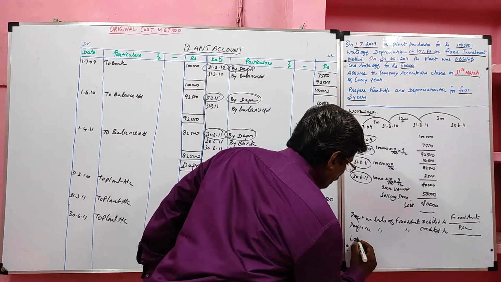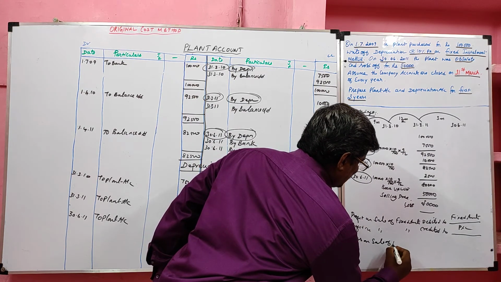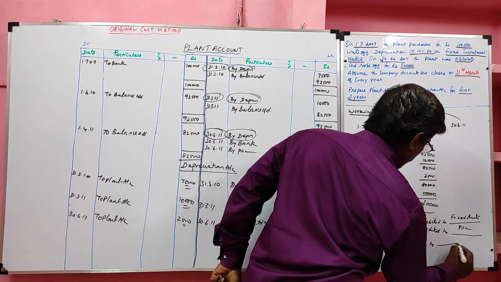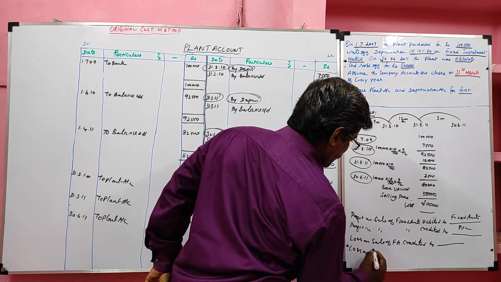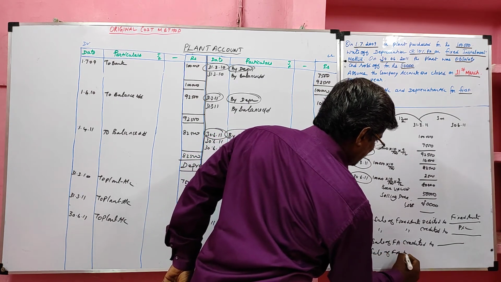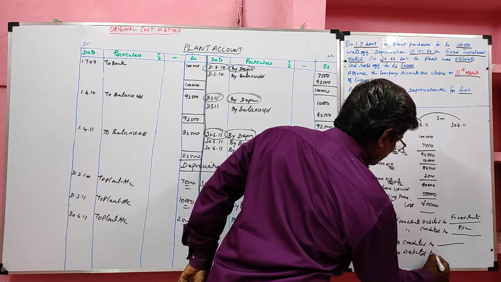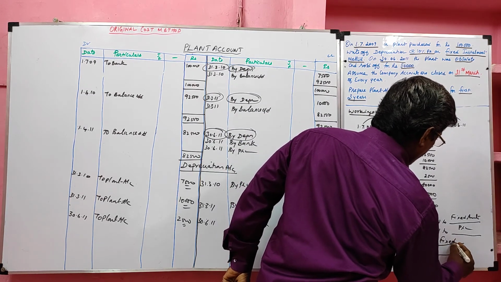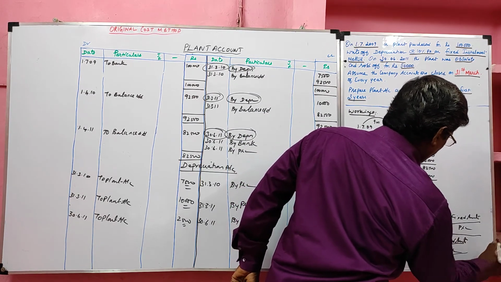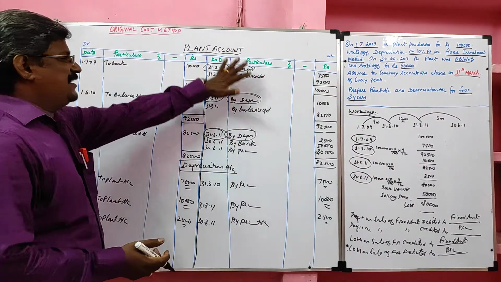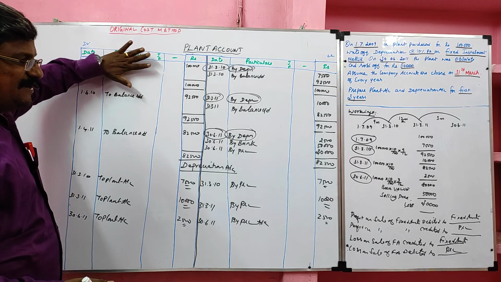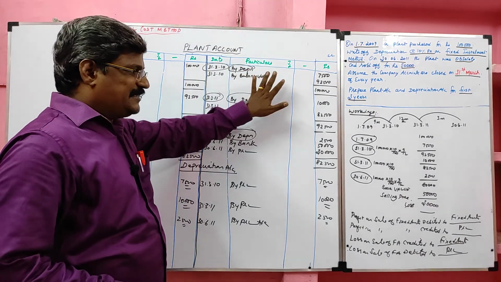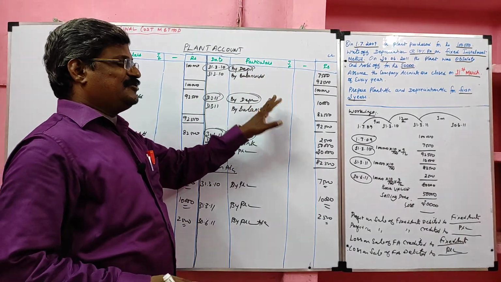Likewise, loss on sale of fixed asset credited to dash. Loss on sale of fixed asset debited to dash. They may ask questions like this. Loss on sale of fixed asset credited to the fixed asset account, debited to the profit and loss account. Yes, students, in the fixed asset account debit side, purchase value and profit on sale of fixed asset only are recorded. On the credit side, depreciation, sale and loss on sale of fixed assets are to be recorded.